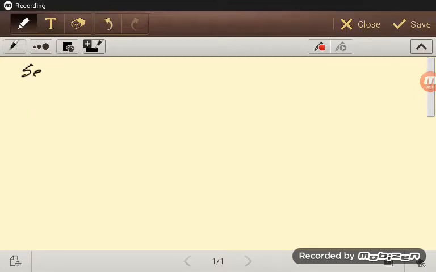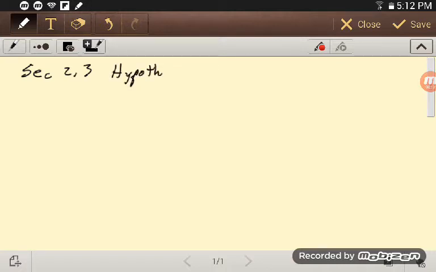Okay, so we're looking here at section 2.3 and just this idea of a hypothesis test. And this is a very technical thing. I mean, you can kind of have an intuitive idea of it, but it's also a very technical thing. So in a hypothesis test, we always have a null hypothesis, H0, and it is always a